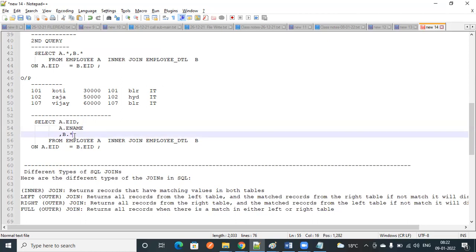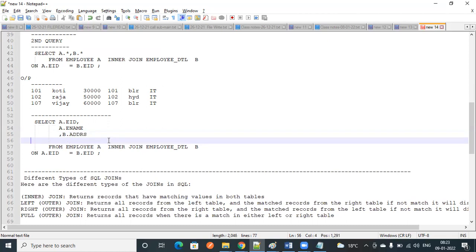In B table, I need B dot address and B dot department. A dot ID, E dot salary. Correct. I don't want name here also. I need salary.